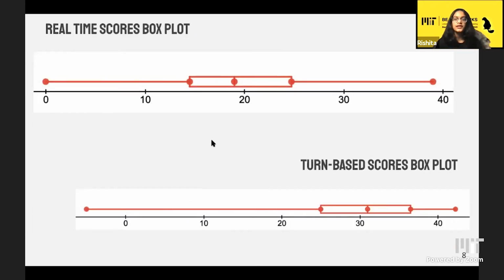So featured here are box plots that portray the score distribution in a more statistically adept way. As seen here, the median for the turn-based scores was much higher, even over 10 points higher, along with the 25th and 75th percentile being higher. The range is much higher though, and the turn-based gameplays actually resulted in negative scores, while the real-time scores only resulted in non-negative integers.